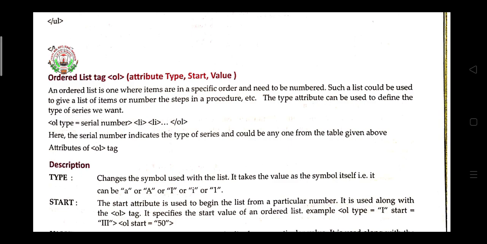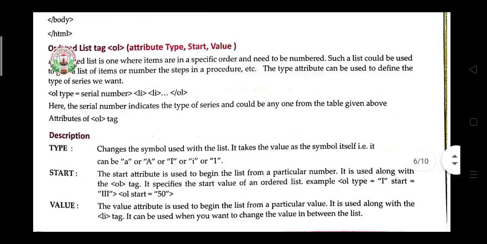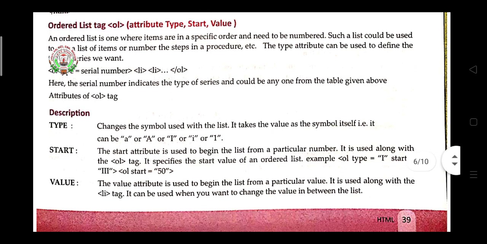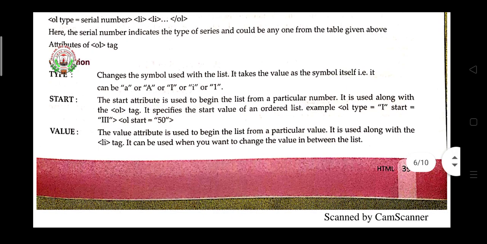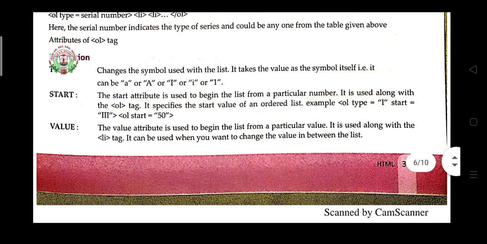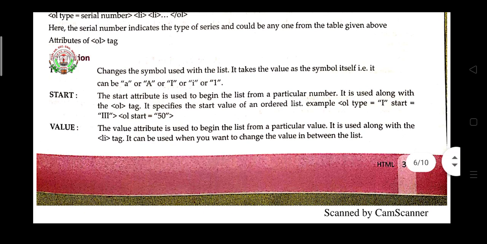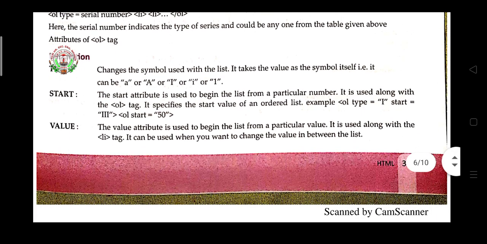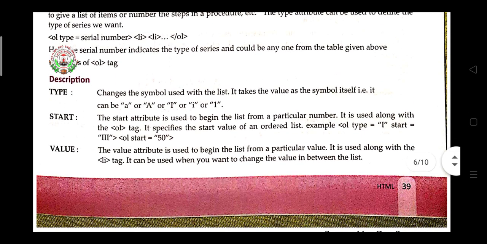OL has the type attribute, start, and value. Here the series indicates the types of series, which could be any one from the table given below. What is the use of type? It changes the symbol used with the list.